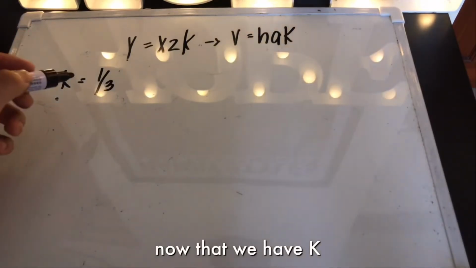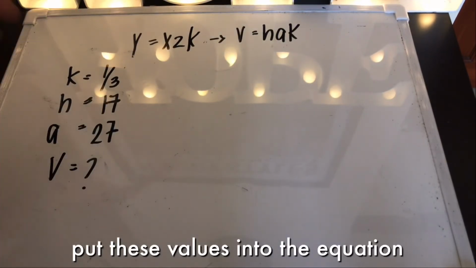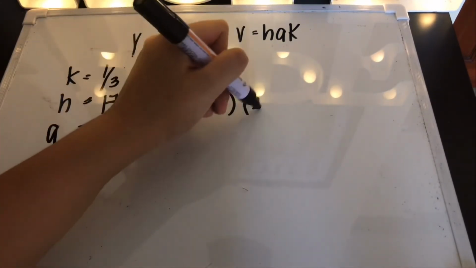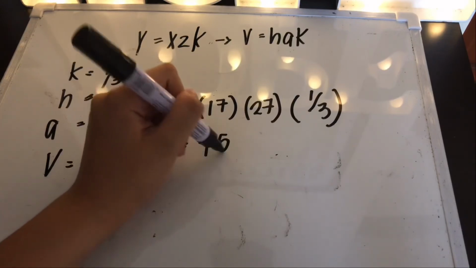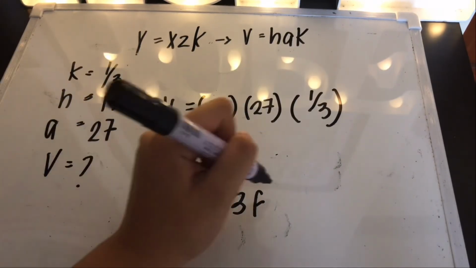Now that we have k, we can now solve for the value of the volume. Put these values into the equation. But when simplified, you will get 53 fifth cube,